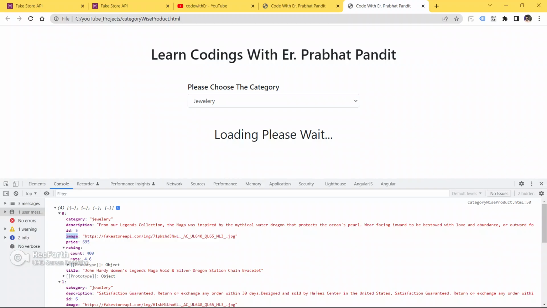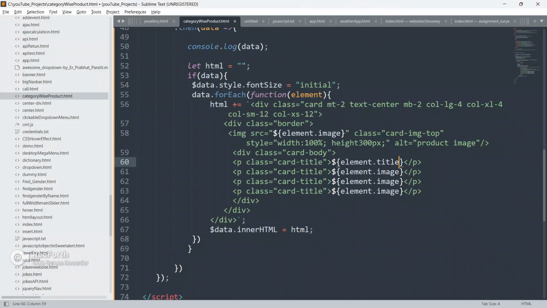Now change this to title, this title, guys. What I am talking about is here: category, description, ID, price, ratings, count, rate, and title. I'm talking about this title only.